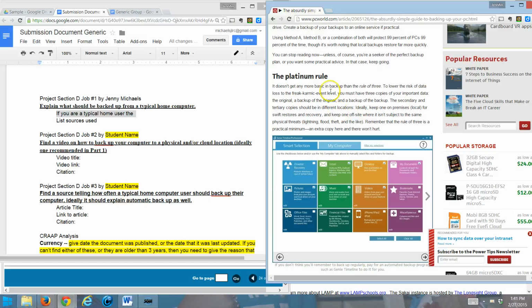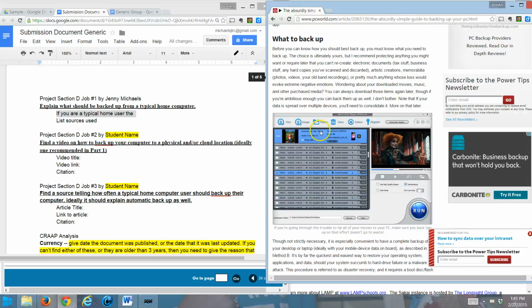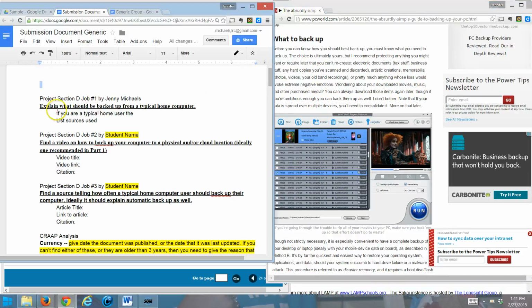And they got the rule of three, which is a good one to keep in mind, having more than one backup, or backups in more than one place. Here's our what to back up. So, and then again, I would type just a little bit of a paragraph. I would say that